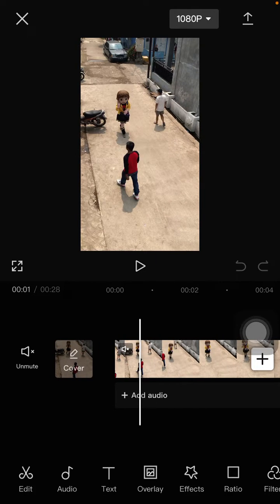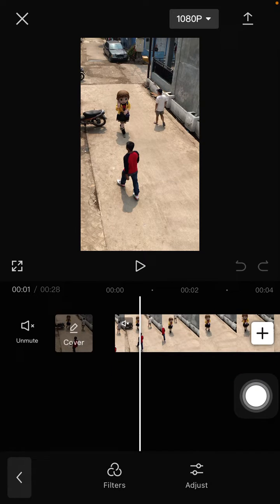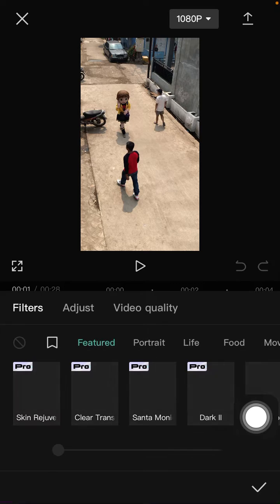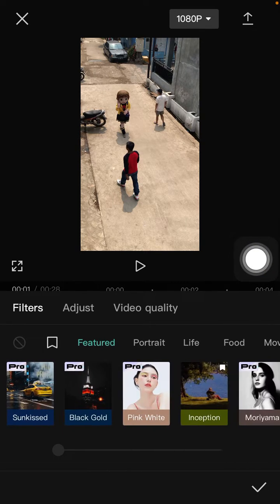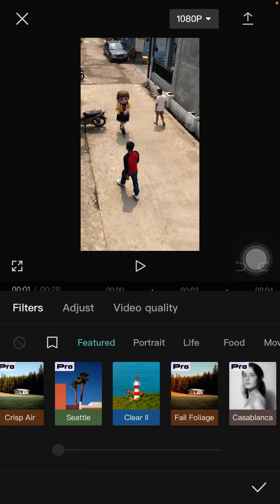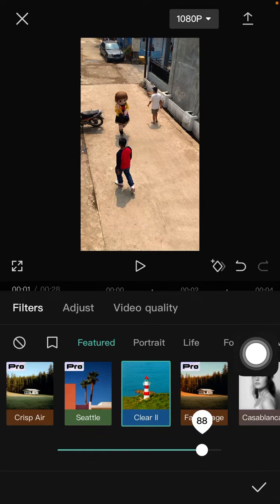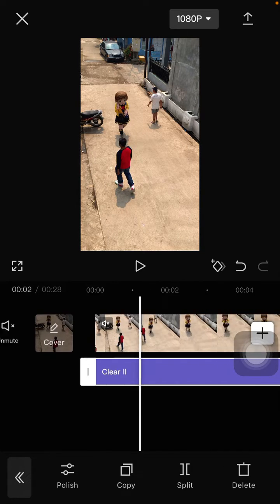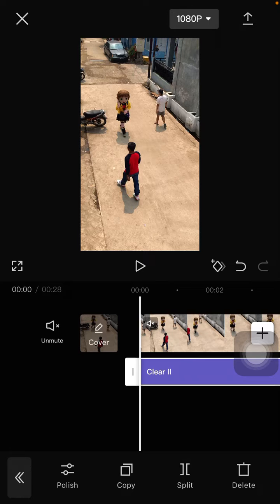And to add the filters, it's so simple. You can select filters, and the available filters appear here, and you can use them. For example, select this one, and you can adjust the opacity. Just click the check mark, and then if you want to add an effect, you can select effect,